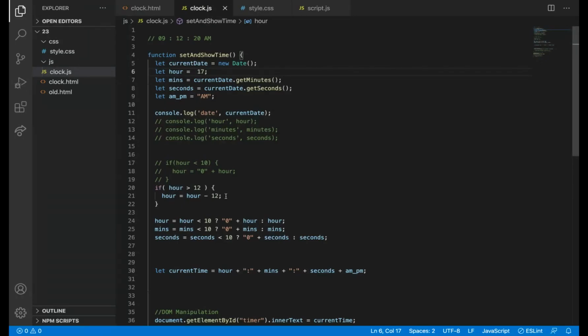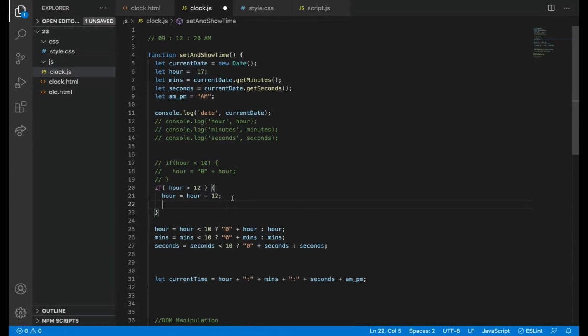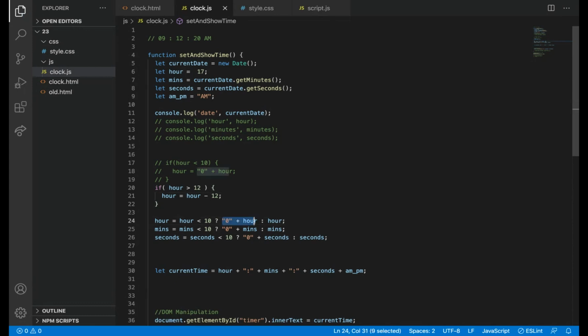Can you see? Can you understand what I did? I have just started one if condition only, which you know already. Here also I can make it ternary, right? But I'm not going to make it ternary because I need some other operations inside it. In ternary I can do only one execution if the condition is satisfied. But now I want something else.